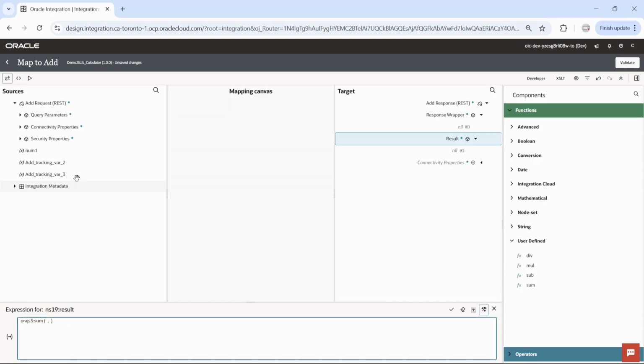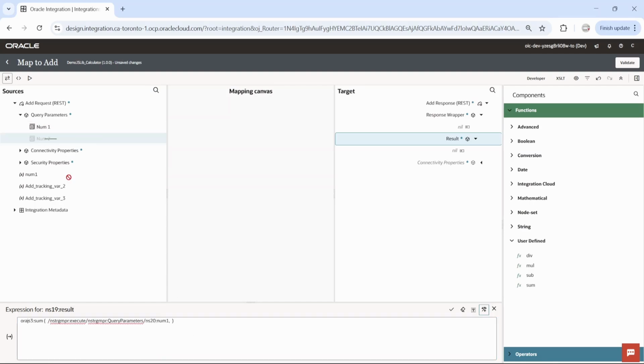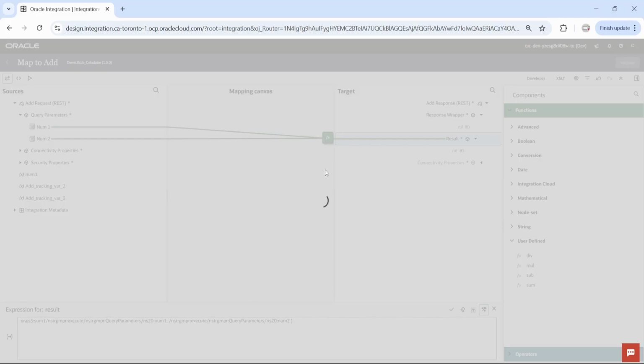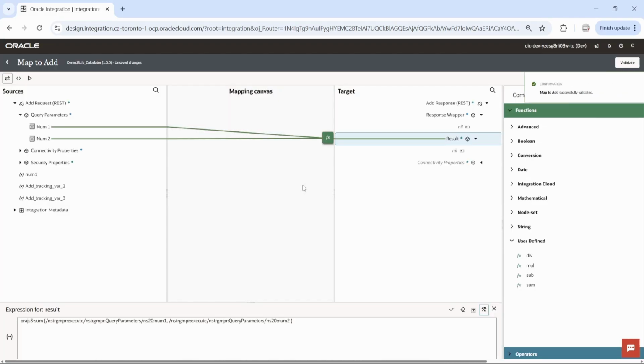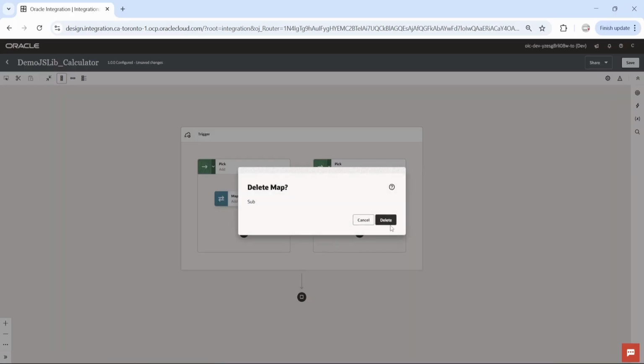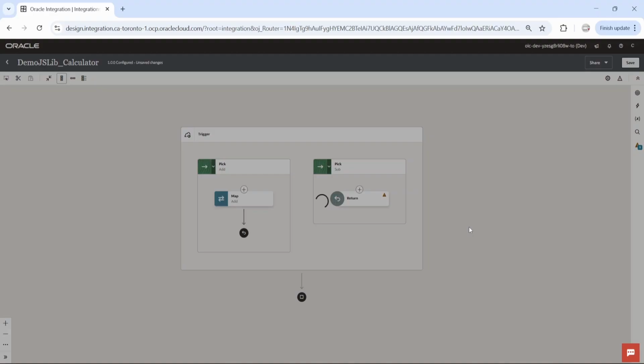And inside this, I would just add number 1 with number 2, and I'm gonna send that as a response. And let's validate this. Everything looks good, so let's go back. Similarly, you can do the same thing here, or just to show you guys a different approach, let me just